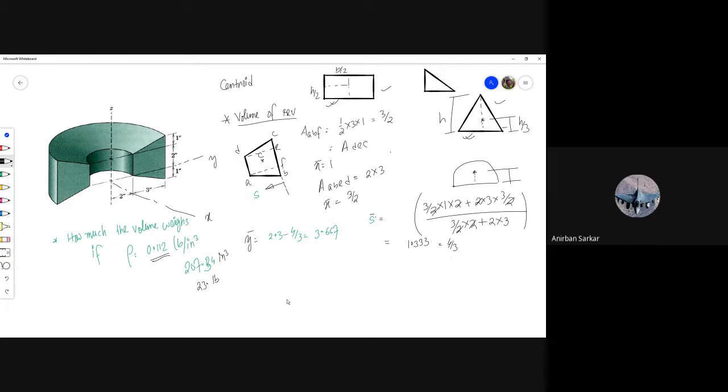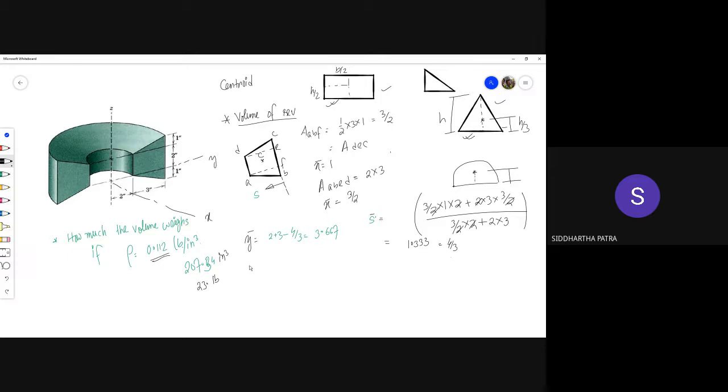Sir, it's pound per inch cube you are given. Yes, pound per inch cube. Maybe I didn't convert the density correctly, whatever the case may be, but that is the idea. So you may be asked to find out the mass of a given geometry,